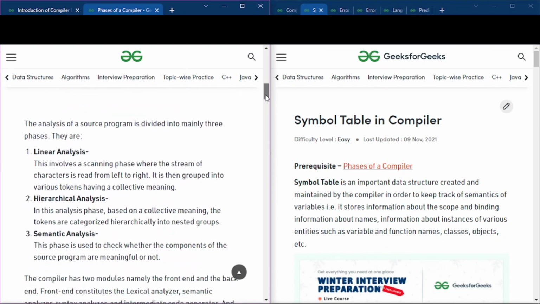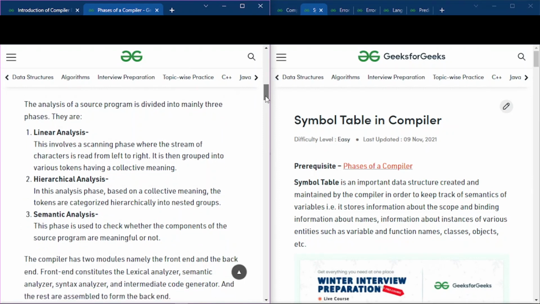And going to the linear analysis, the analysis of the code is basically done through three analysis phases. First is the linear phase, then the hierarchical analysis, then the semantic analysis. The linear analysis says that the character stream is read from left to right, and then it is grouped into various tokens that have a collective meaning.